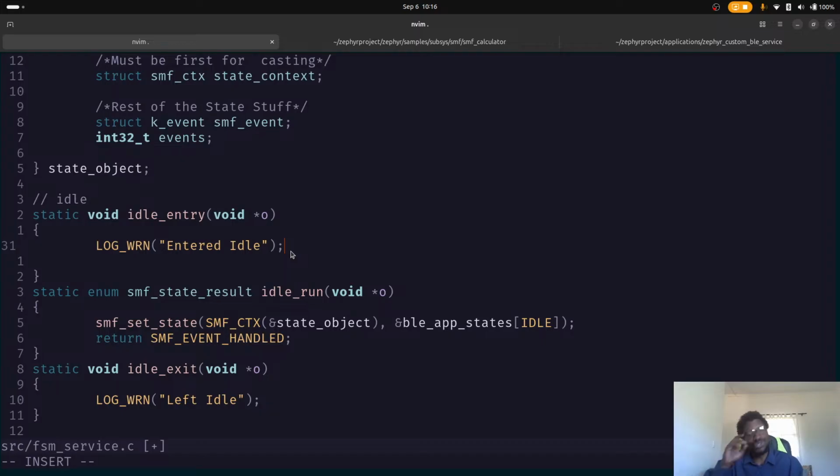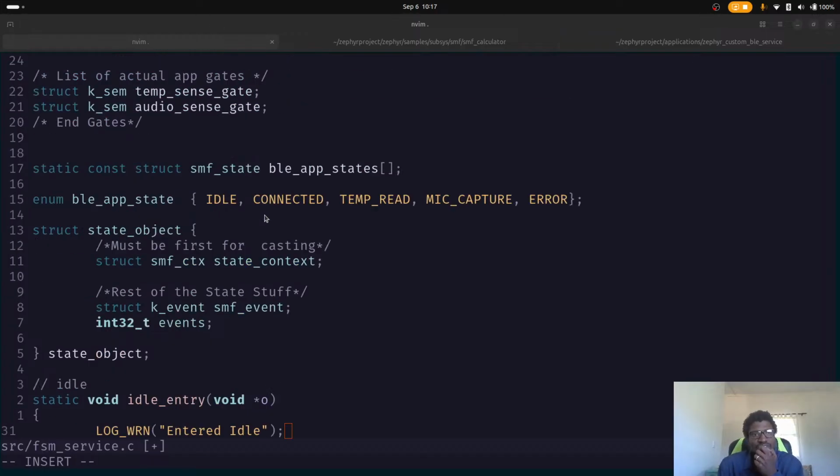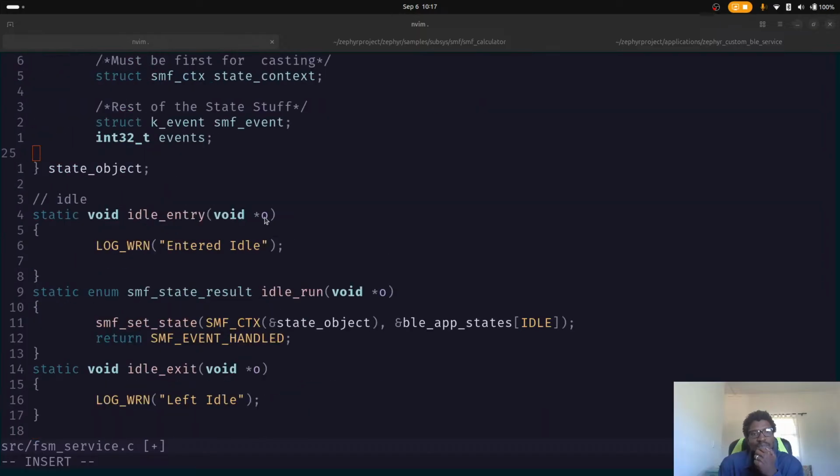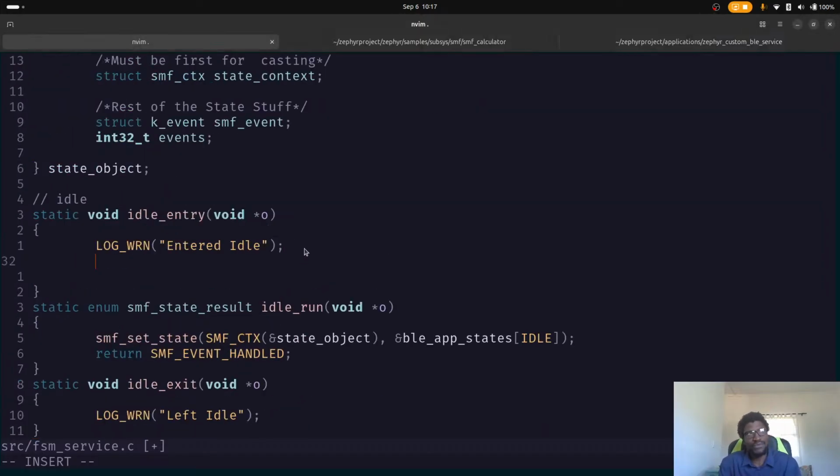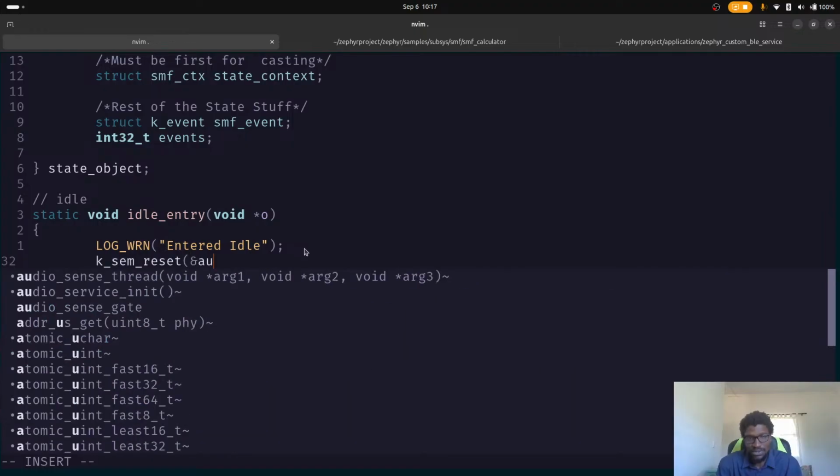Now we are actually using the state machine that we've been building. Now we're going towards event-driven stuff. Now the application is becoming event-driven because we're gonna put some gates, and then based on whether some states have been achieved or not, we can now use those gates, isn't it? Yeah, I think so. So we have audio sense gate and temp sense gate, and we know in here we want to sem reset,